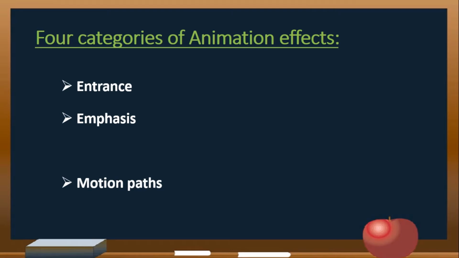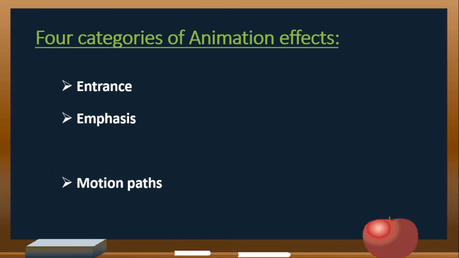Okay, the next one is motion path. Now here what happens, this effect can be used to make an object move up, down, left or right, or in a circular pattern or a straight pattern, whatever. What it does, it moves the object from the position to some other position on the slide itself only. Okay, so let's see here. Have you just seen? I'll just try it again. Here, this is the motion path.